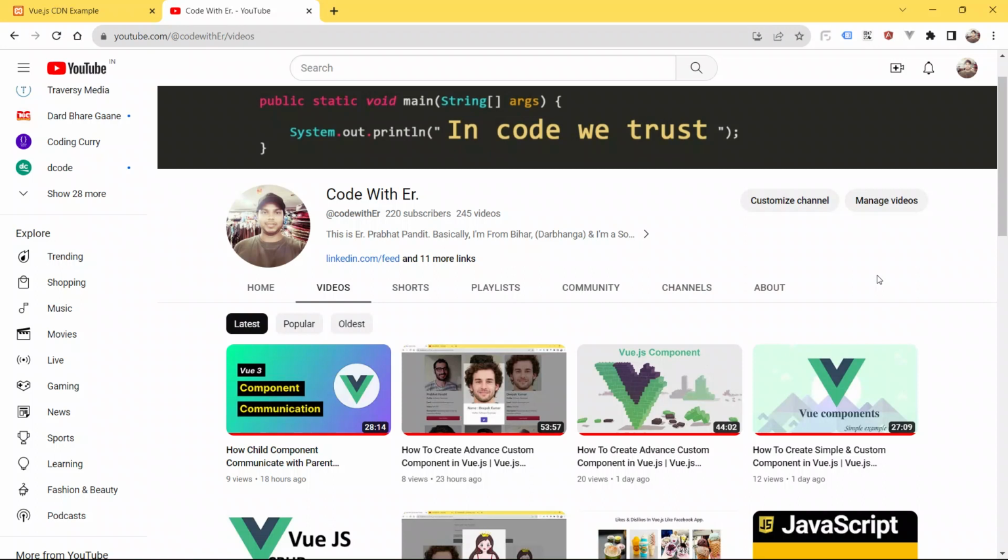In this session, we will be discussing a very crucial topic in Vue.js, which is what is a props, how to define a props, and how a parent component is going to communicate with the child component by using props.